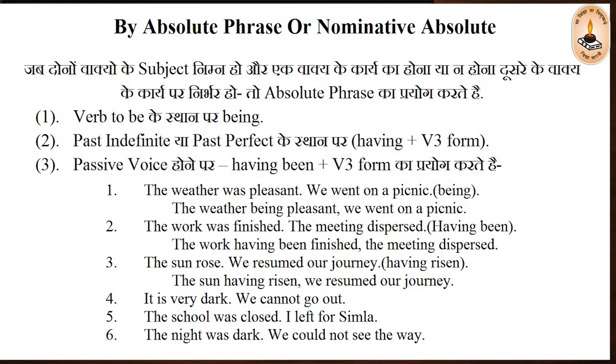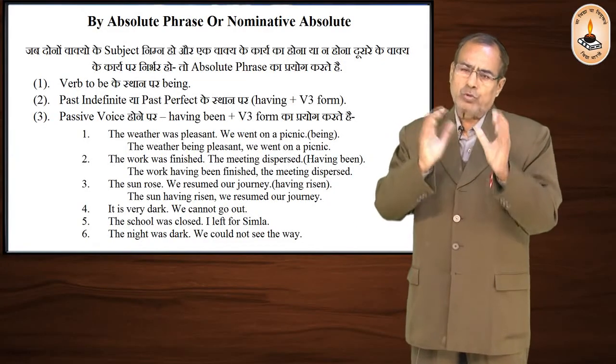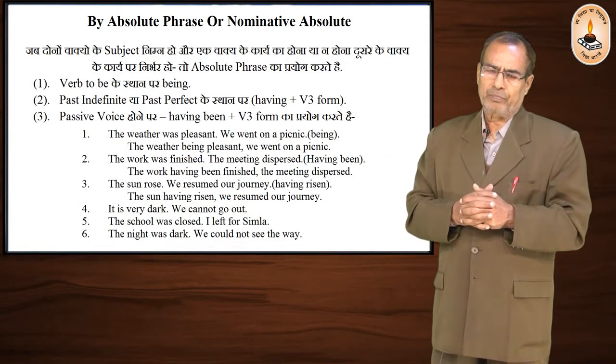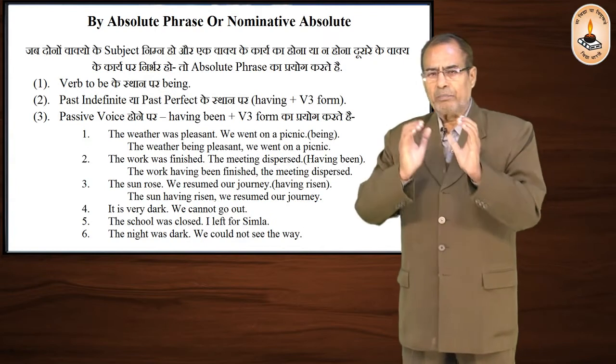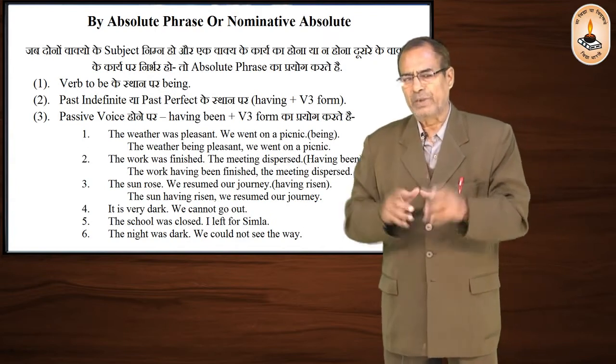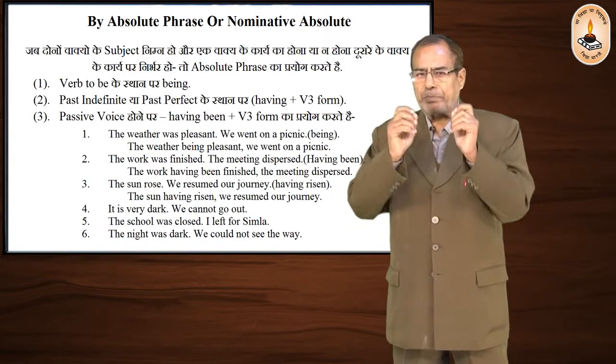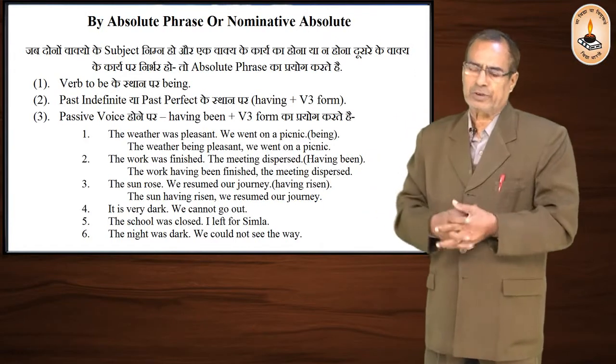And number 2, when the sentence is either in past indefinite or in past perfect tense, तब हम उस वर्ब के स्थान पर having plus third form means perfect participle का यूज करते हैं।